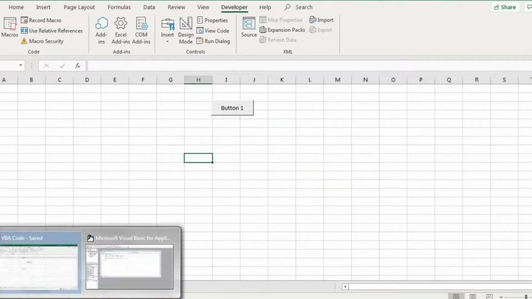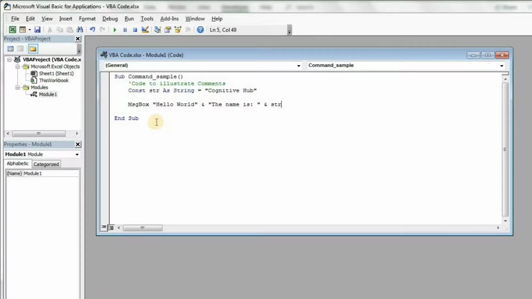Now I want the name is in a new line. So I am adding another ampersand and writing a command called new line, chr(10). The meaning of chr of 10 is that if you want any line breaks, you can write chr of 10, then it will print in the next line, in an entirely new line.